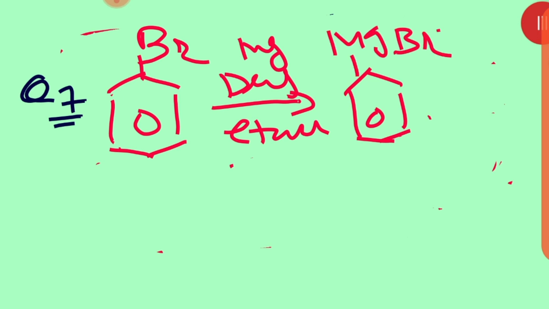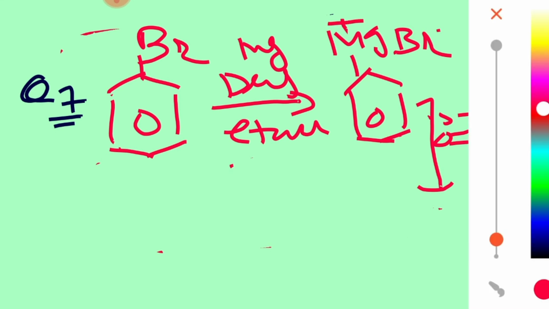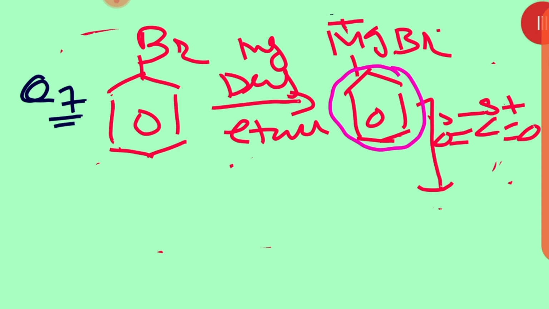It becomes aromatic Grignard reagent. So after that, beta, you might know very well, we can give the reaction with dry ice, means with CO2. Do you remember something? C will be positive, O will be negative. Then what to do there? With the positive part of C, Mg is always positive, and in this case, this ring will be negative. So this negative part will attach to this positive part.